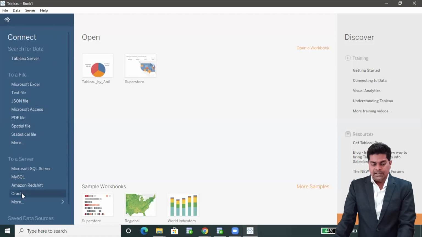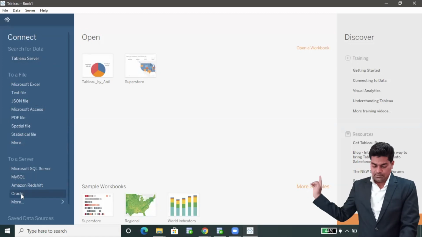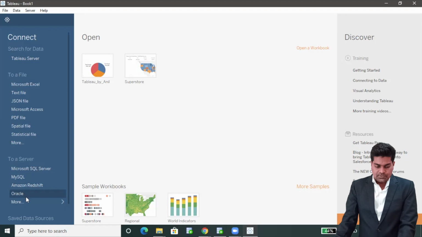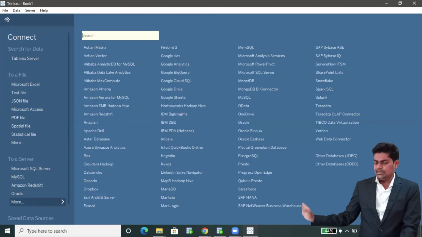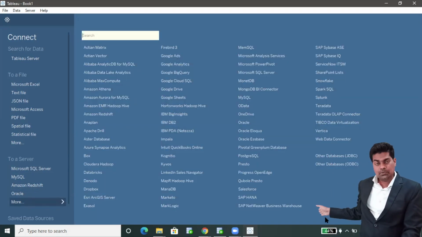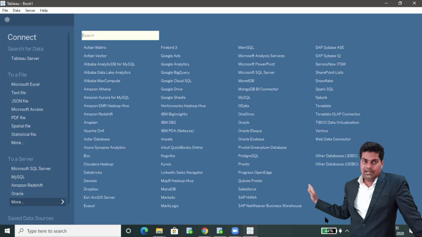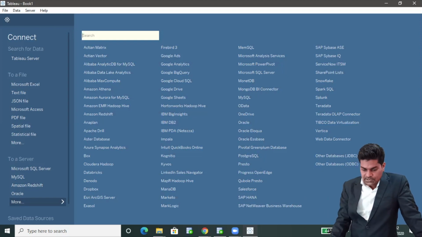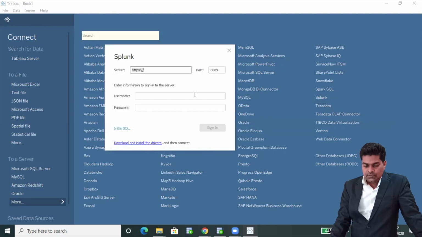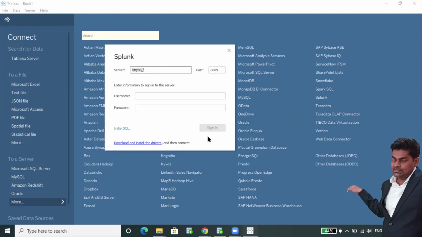So here we have the Oracle connection. Or click on More, and whatever technology you want to connect to, you can easily connect. If it requires a database connector or driver, you will be redirected to download it. Suppose I want to connect with Splunk and the driver is not in my system.